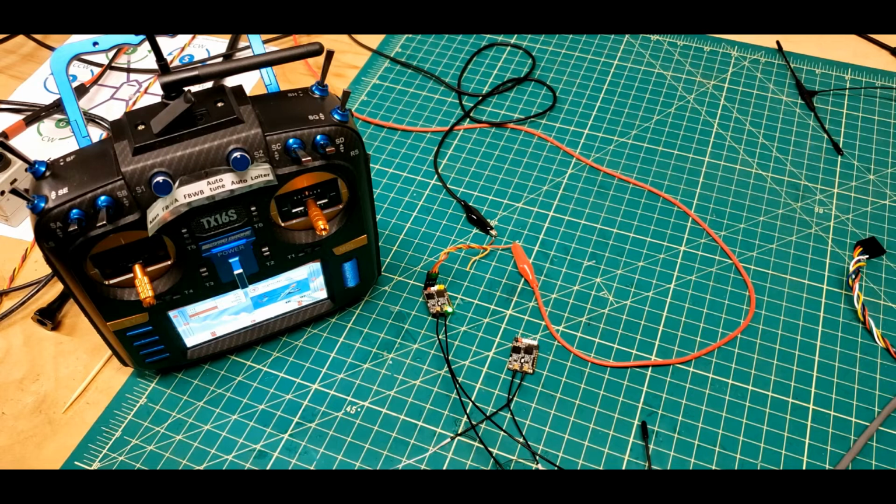So I'm open to any discussion, but from my standpoint right now, it looks like you can bind the transmitter to multiple receivers with encryption off, but you can only bind it to one receiver at a time, period, with encryption on. And if I'm mistaken, please, by all means,